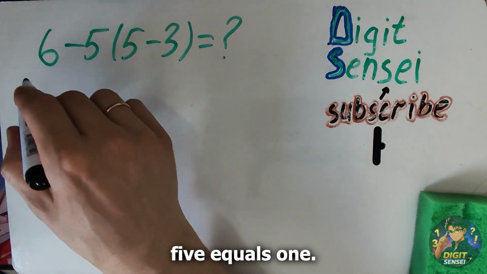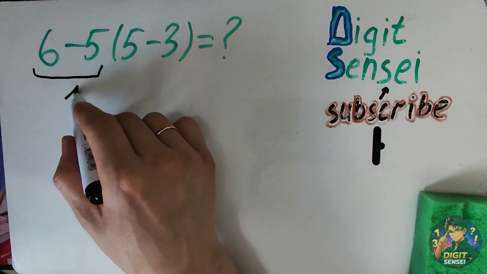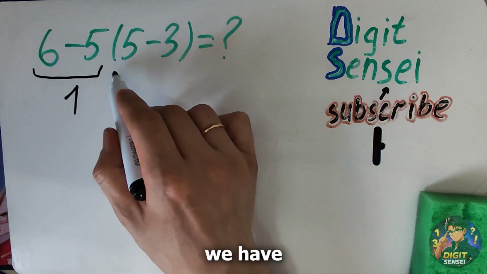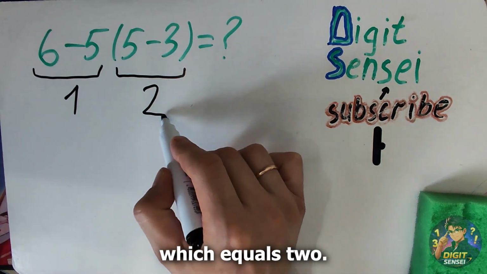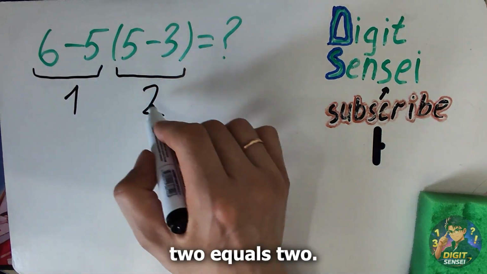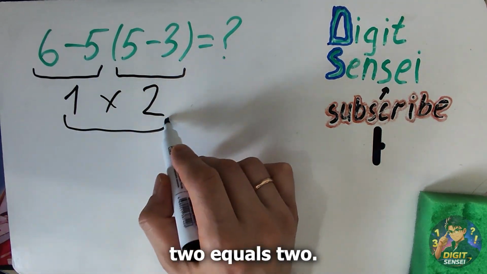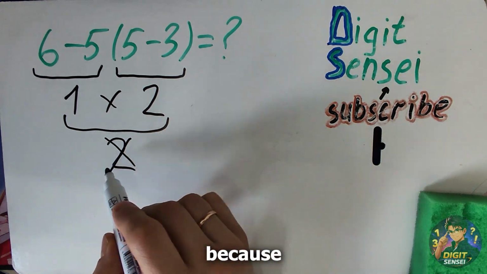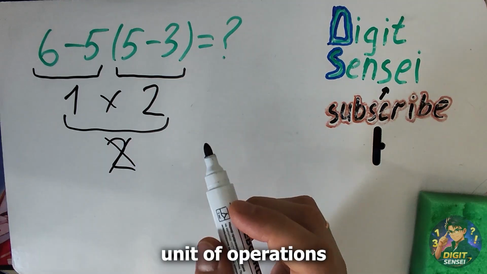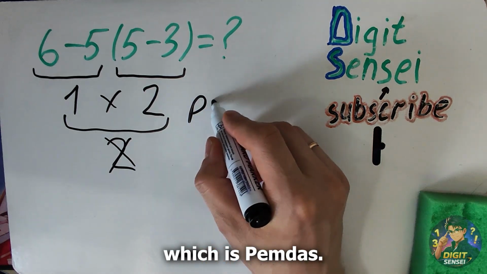6 minus 5 equals 1. And inside this parentheses we have 5 minus 3, which equals 2. So 1 times 2 equals 2. But this answer is not correct, because according to the order of operations, which is PEMDAS,